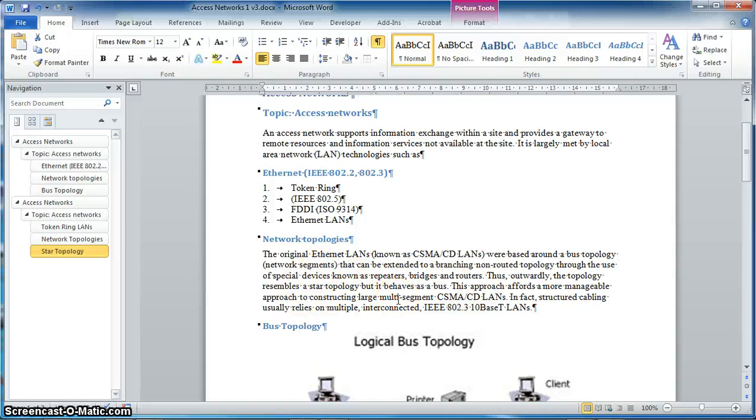So for instance, if we have a look at this particular paragraph here, we've got certain kind of acronyms that are standing out here, like IEEE 802.3. Now it's not really important that we know what they mean just now, but the fact that they're there possibly indicates that it's something that we want to highlight to the user. So to do that, what we'll do is we'll highlight the text,